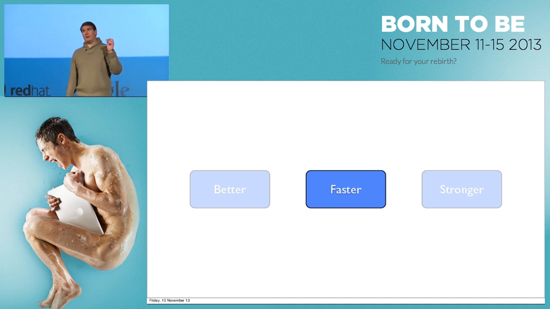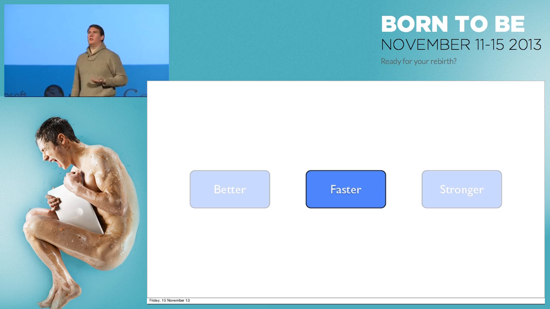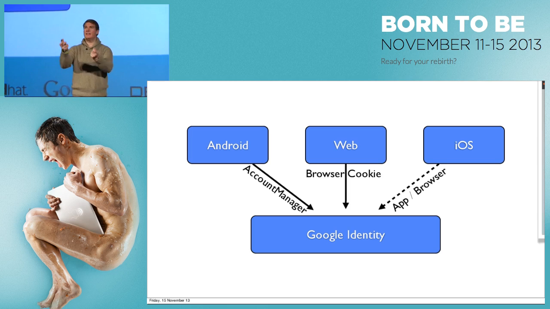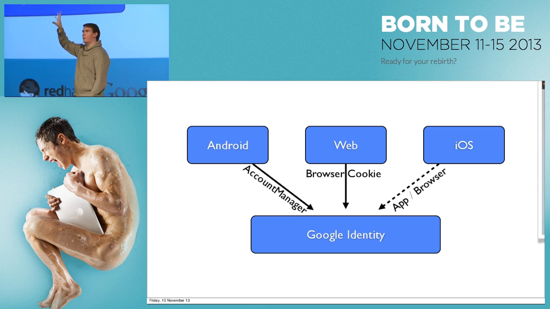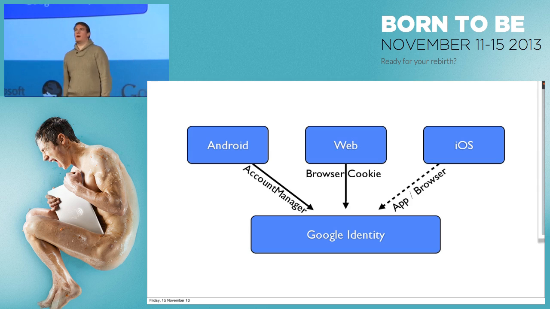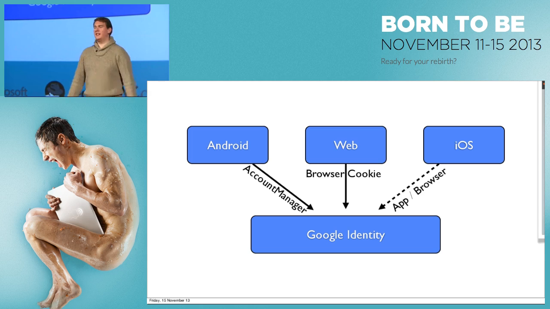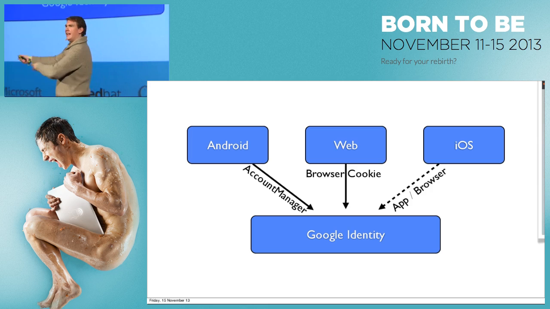But Google Plus sign-in aims to be faster in another way, in that once the user has signed in, we really don't want them to have to sign in again. The view we have of identity is that it's a service. It's like on a browser or in a mobile application when you want to access location. A bar comes down or an alert pops up and says, hey, this app would like to access your location. You say, OK. You've granted it access, and then it continues to have access. This is how we view identity. When an application wants to get access to your identity, when it wants to sign in, it requests you give it consent, and then once you have done, why should you have to give it again?